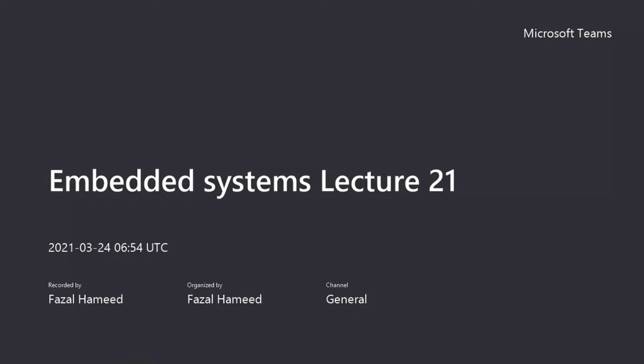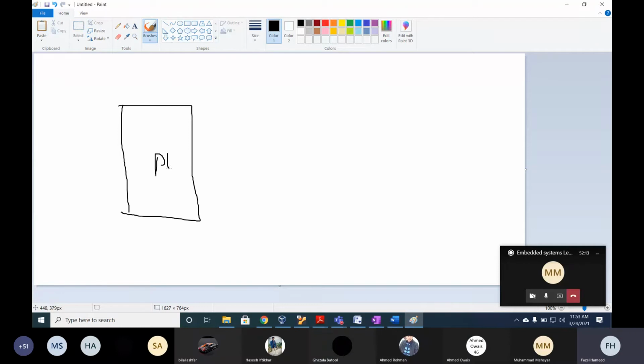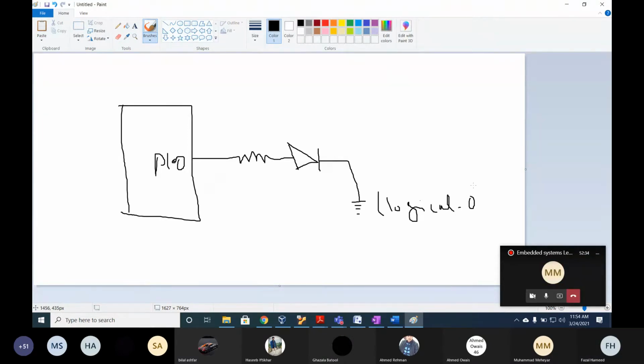Have a chip. Now this is a chip, and this is P1.0. This is the pin for the chip. And then let's assume we have this kind of architecture, this kind of a design. It's like this, and now it's ground. So it's logical 0. Logical 0. Now let's assume a scenario.